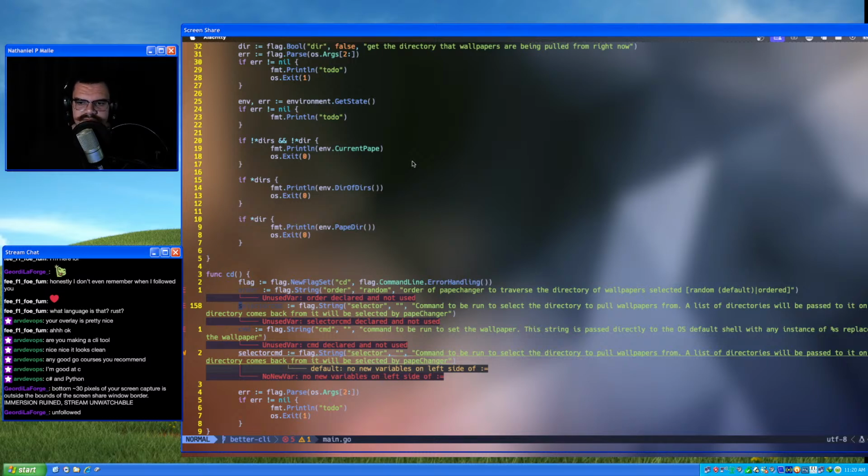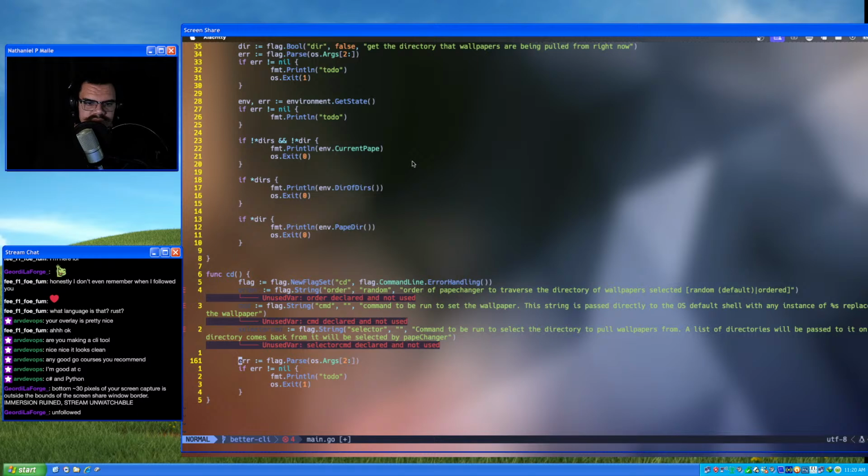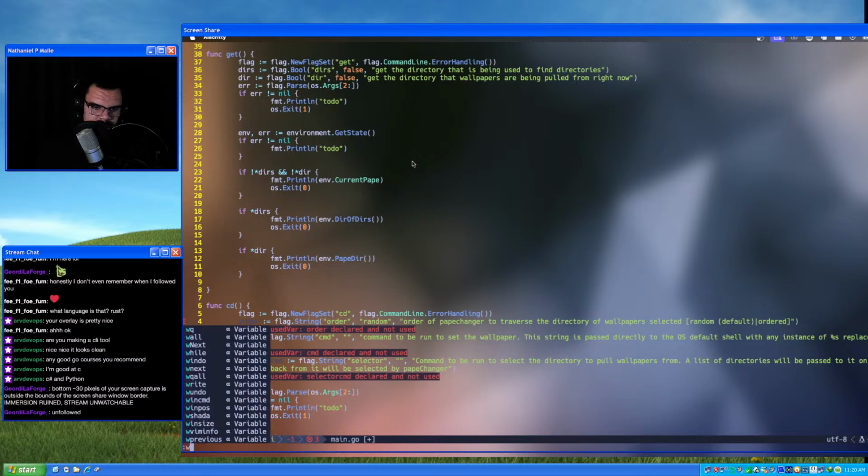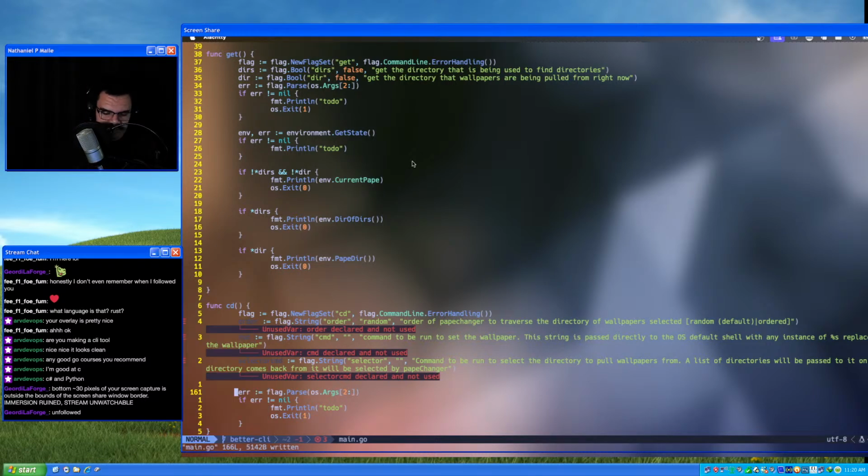Oh, I put selector CMD there twice. There we go. I got a quarter of the work done just by not doing anything. Where's my other error? Oh, undeclared name. Kind of feeling this track.